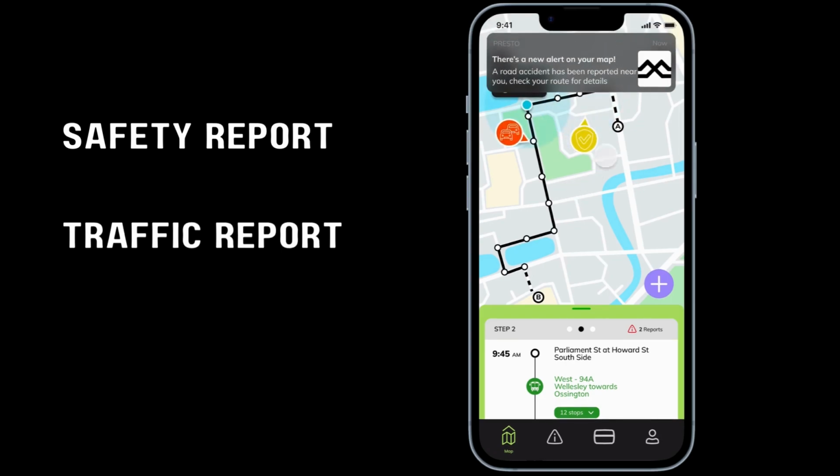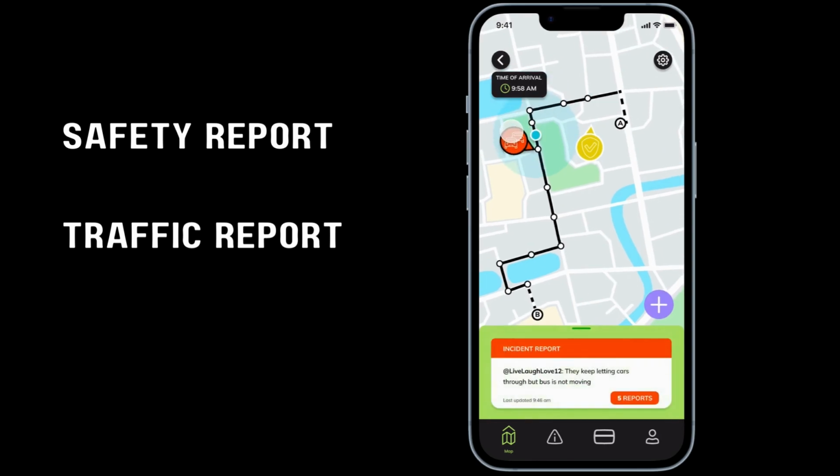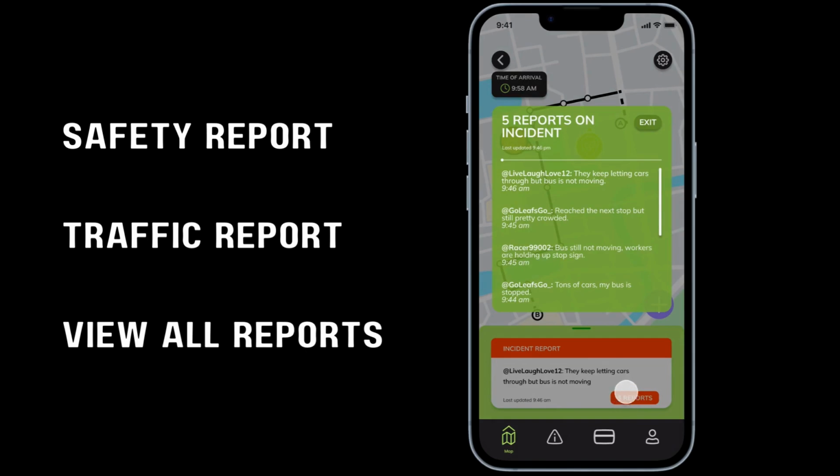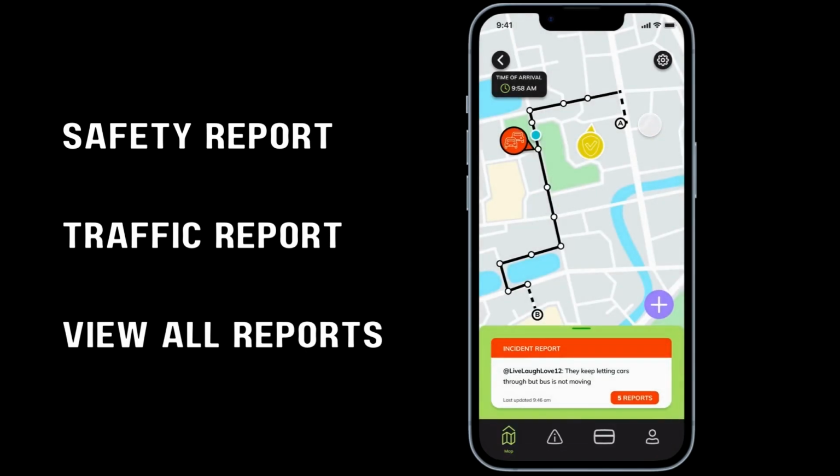To learn more, Simon selects the orange pop-up with the most recent message that tells him that the bus ahead isn't moving. Concerned, Simon selects the 5 reports button to view all user-generated reports. Exiting the reports list, he notices the time of arrival is still before 10 a.m., so he decides to stay